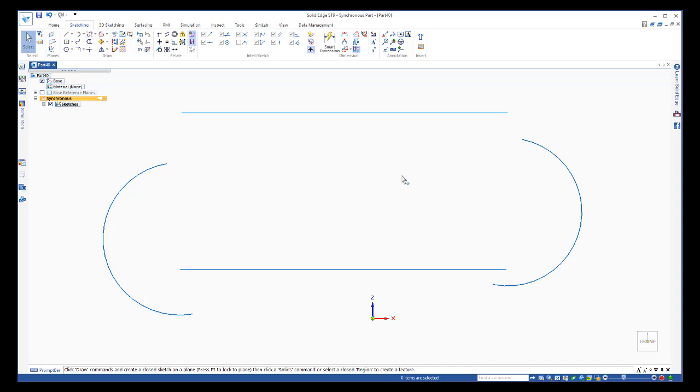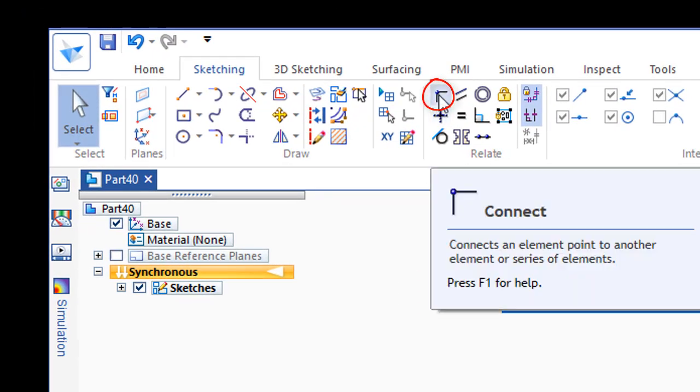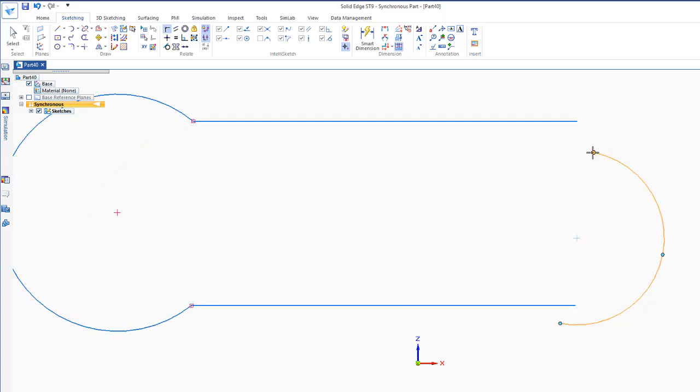And so if I wanted to put this back together, the first thing I would do is go to the connect button. Now when I say connect and I touch on the end of the arc and the end of the line, it just puts on a connect constraint. And that's not tangent yet. See, I connect each one to the end of the line,